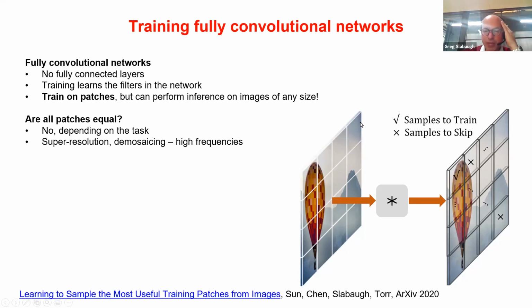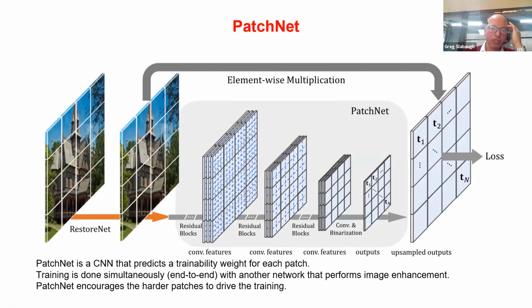So essentially what we do is we break the image up into these patches, and then the task is to create a neural network, we call it PatchNet, to estimate how good these patches are for training. And here's what PatchNet looks like. We take the image in and run it through a number of residual blocks, doing some max pooling, and we end up regressing this kind of trainability weight for each of our patches. And then that trainability weight is used to inform how the patches are used to train another network.